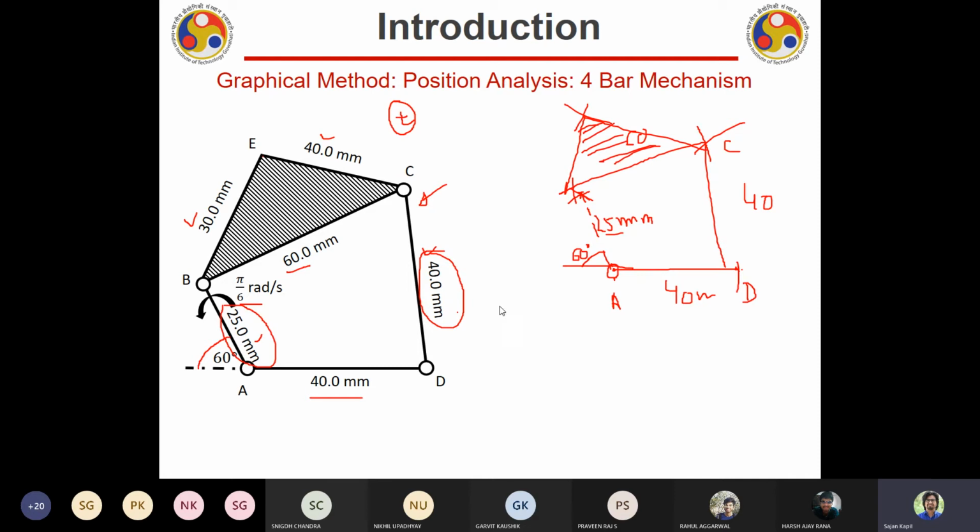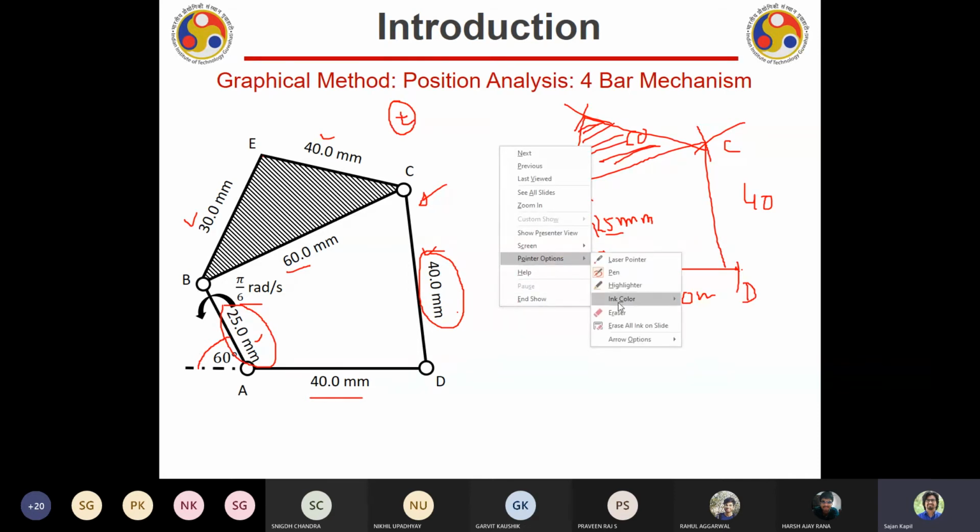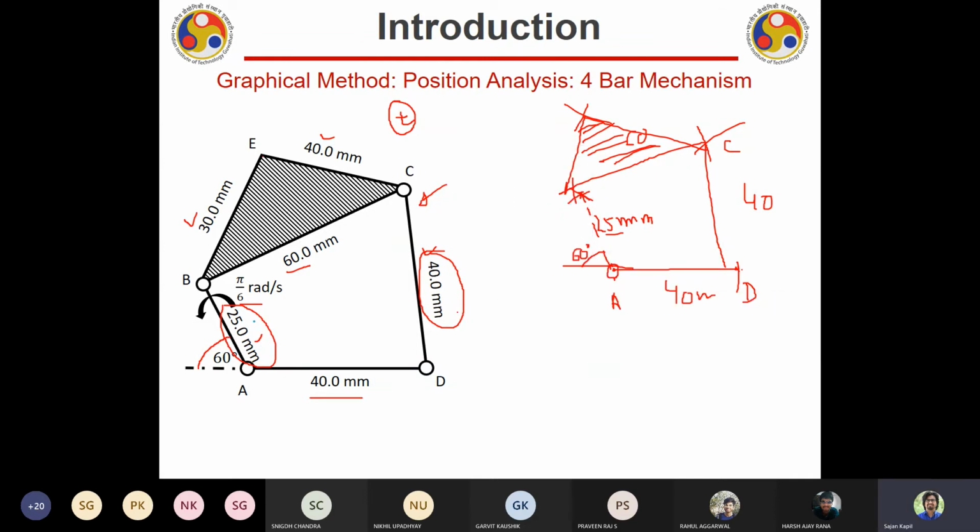Simple. Now it may be asked to you that, for example, this link has moved by 2 degrees or 5 degrees. This particular link has moved by 5 degrees. Then how can I do that? I need to draw one link from here at an angle of 5 degrees, and link length will not change. I know that. Hence I'll just draw it again at 25 mm. I'll make an arc, make a cut, and I have got the point B again. Correct?